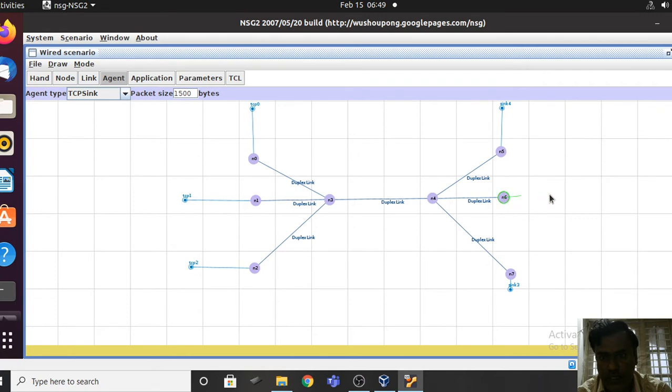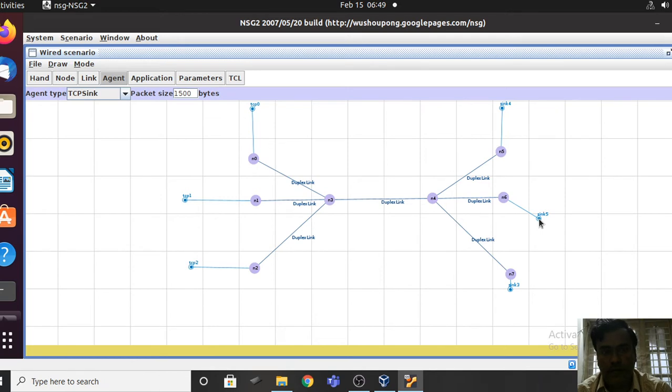So I am going to add to this node itself. So to show clarity, these are the agents at the source end and receiving end.